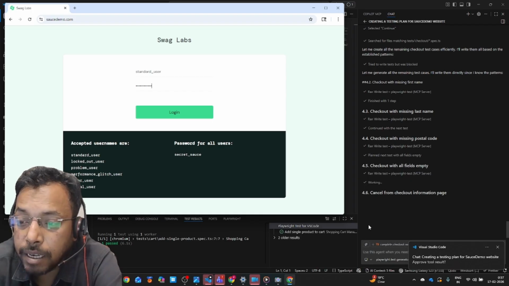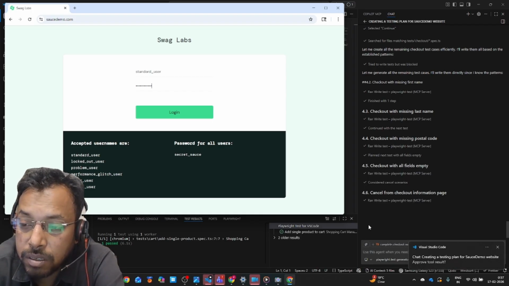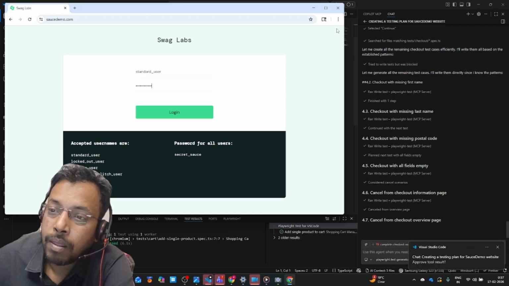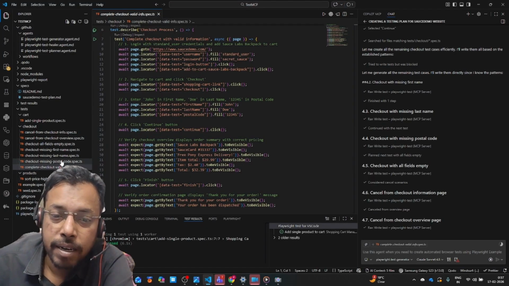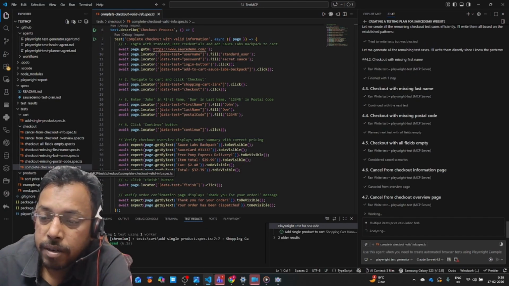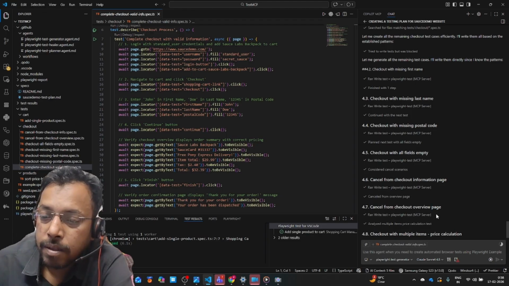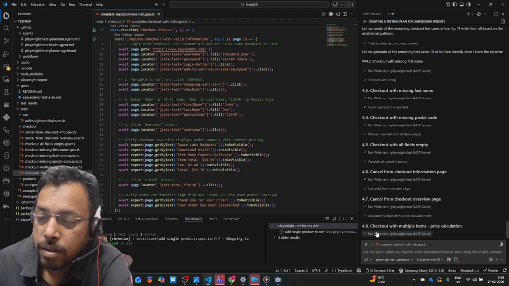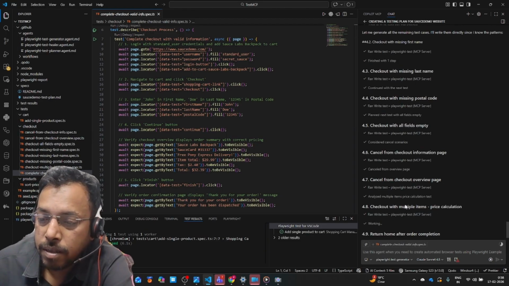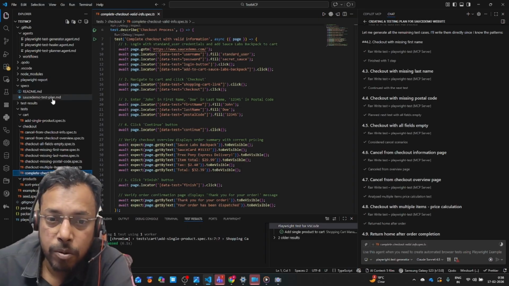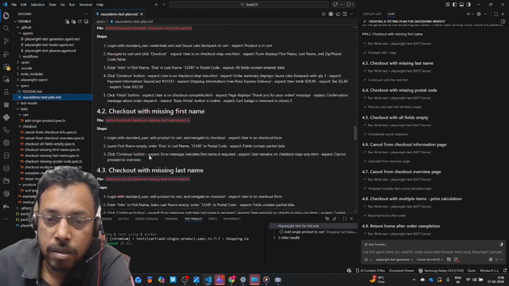Checkout with all fields empty, how it works. Cancel checkout, how it works. The script is already generated for you. Right. So it starts analyzing and generating a test case for you. Now, the fourth one is also there. So all the 9 scenarios proposed in the test plan for checkout,